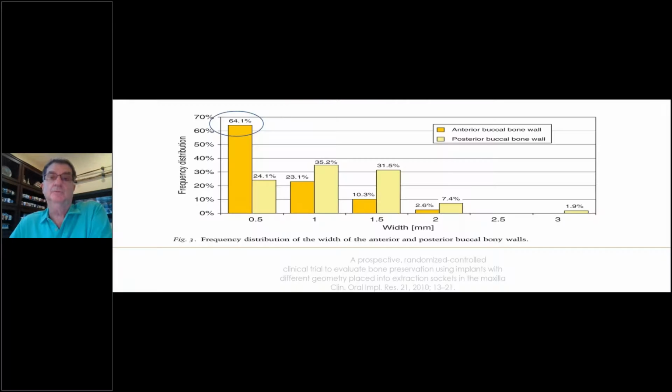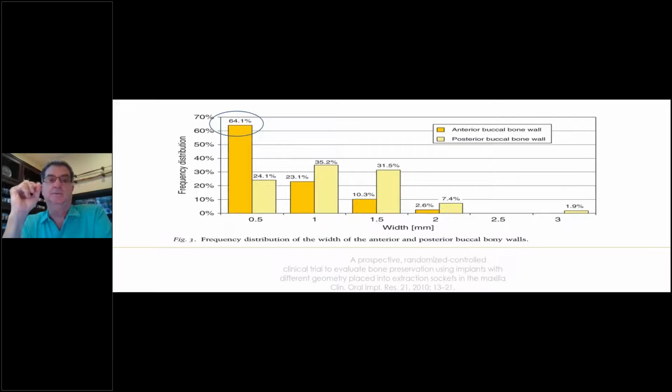Now, if you go back to how thick your buccal plate is, if you look at this work by numerous great clinicians back here, if you look at Lindy's work and Bayer, what you're seeing here is that 64%, look at that, 64%, 2/3 of the buccal plates, 1 millimeter up from the crest, is only 0.5 millimeter. That's in the gold.